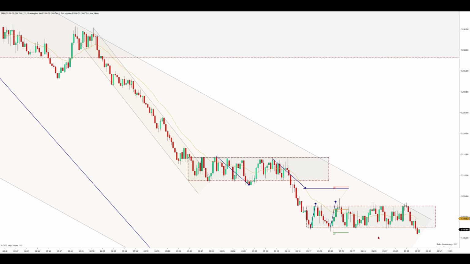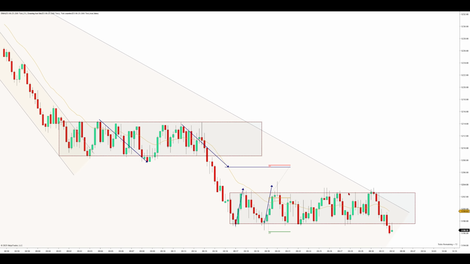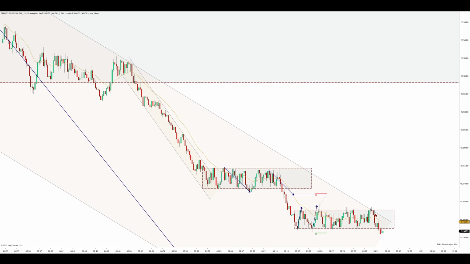All right, and we are out of that. I went a bit longer than I was hoping here, but sometimes it happens. It's just a part of trading. I was thinking that if price were to have gotten a clear bounce right here and we were